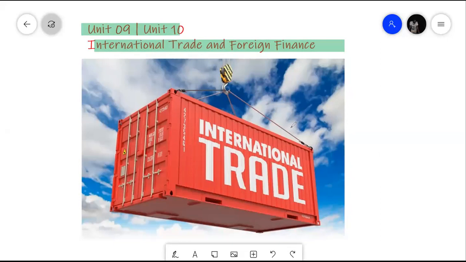But even though they split the unit into two in the new syllabus, the essay question that you get in your paper, so far, they have still stuck to only one essay question. In the previous papers, 2018 and before, there was only one unit, so they anyway gave only one essay question. But from 2019 onwards, even though they made two units out of this, they still continued to test only one question. So in your essay question, in your paper, from 2011 all the way to 2020, they're talking about,